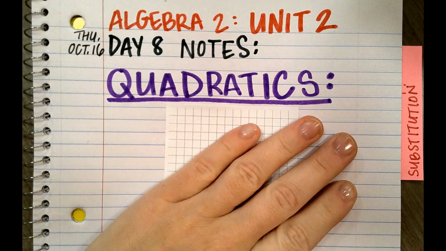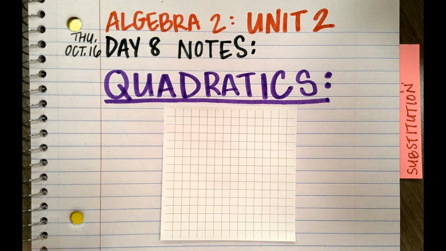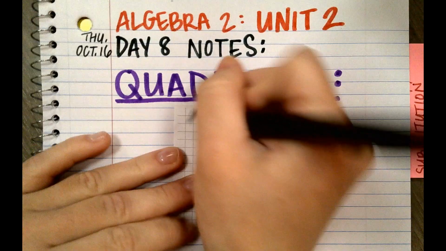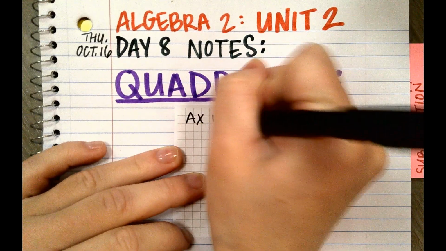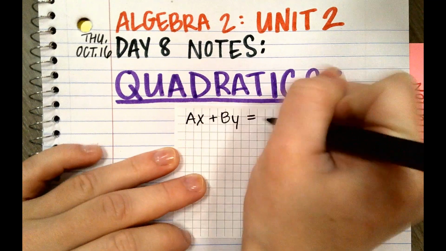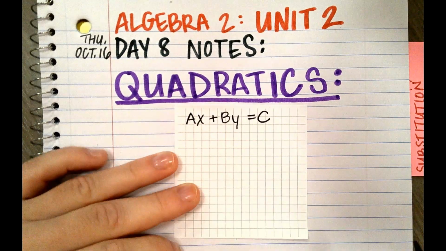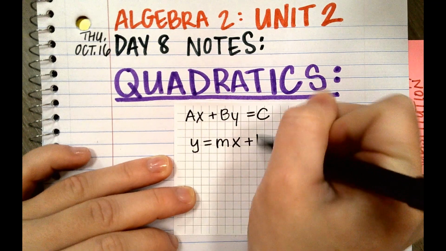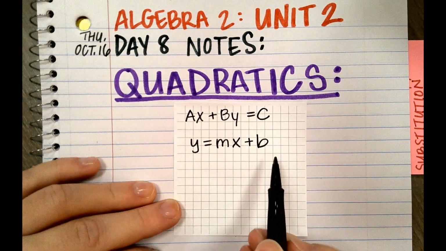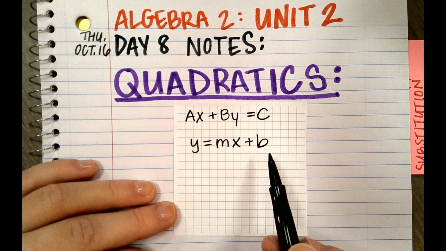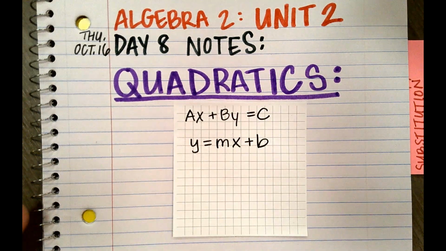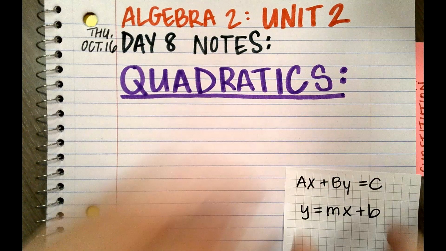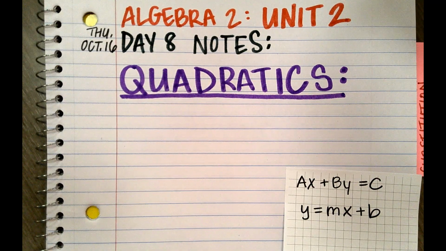I'm going to write on a little sticky note. You don't have to write this part, but I just want to refer back to the types of equations that we've been dealing with so far. We've had equations that look like this in standard form. We've had equations that look like this, y equals mx plus b, in slope-intercept form. We've done both of these whenever we solve systems. But now I want to put that to the side, and we're going to look at one more kind of